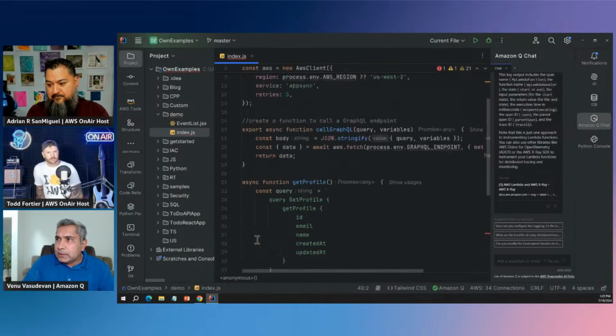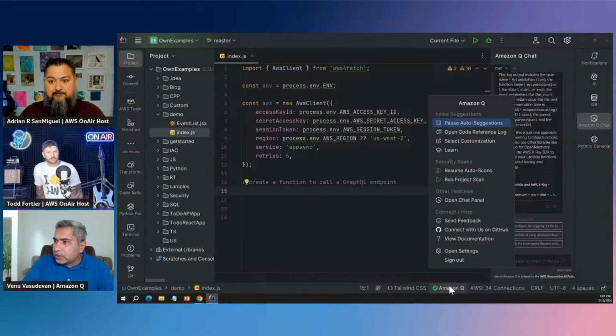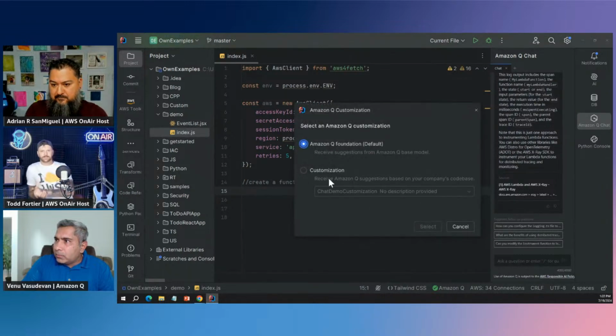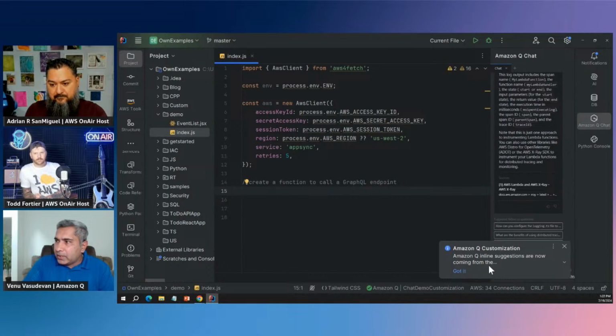Let's delete this recommendation. I'm going to switch it to customization. I'll click Amazon Q from the toolbar, select customization, and switch to my customization resource, which is the chat demo customization. I'm going to select it. Now it's coming from chat demo customization. Awesome. Again, it's the same context that I'm giving, same prompt. So let's see the